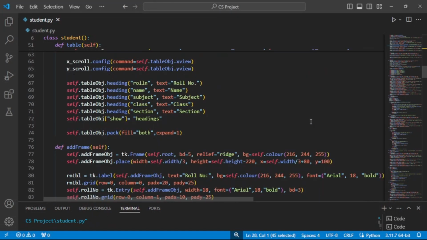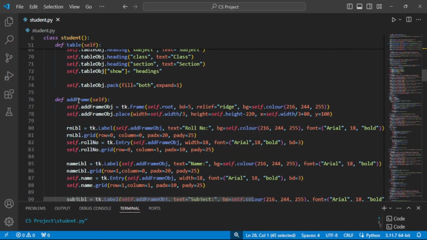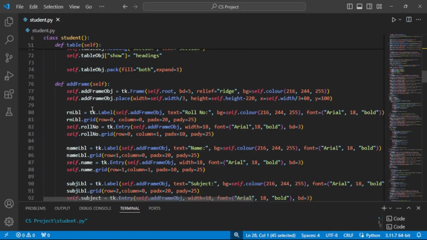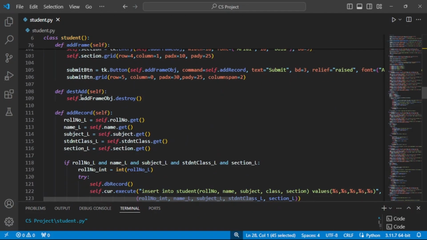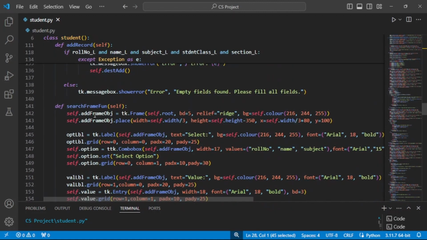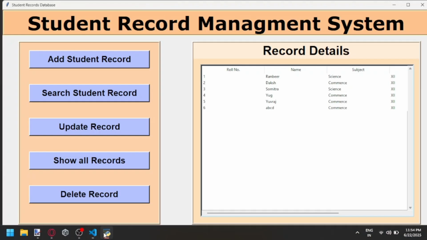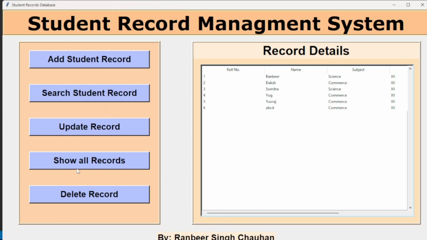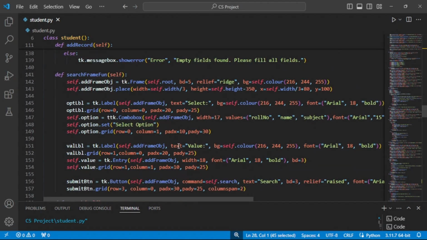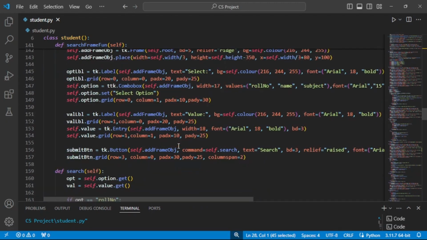Okay, so if we scroll down, as you can see, we have a function called add frame. This basically handles all of the functions of this add student record. I'm going to show you what these buttons do in just a bit. So this is what the add frame button function does. Then we have the same for the add record. Basically there's just a bunch of functions which handle the code and the functionality of these buttons right over here. I'm not going to go too deep into the code because it would take a lot of time,